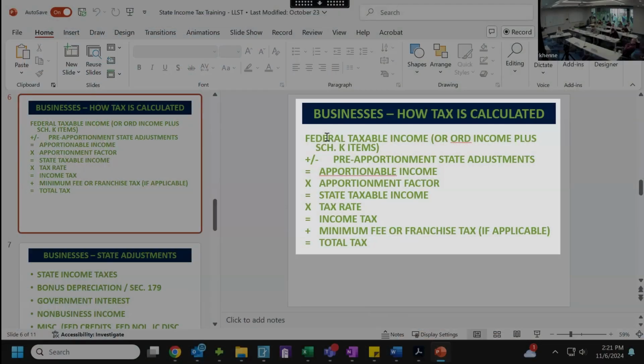So this is our general formula when we're thinking about state tax returns. Most state tax returns will start with the starting point of federal taxable income or federal ordinary income. That number can be found on the Fed return and it just carries right to the state tax return. Then we have our adjustments. We haven't talked about this yet, it's the next slide, but